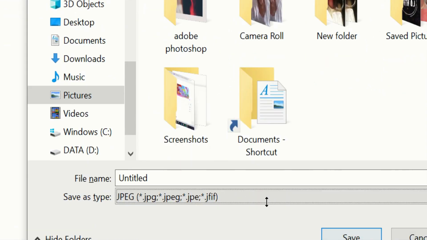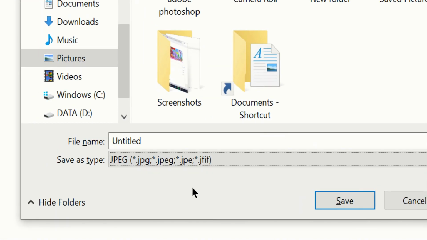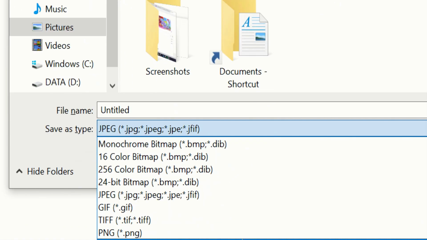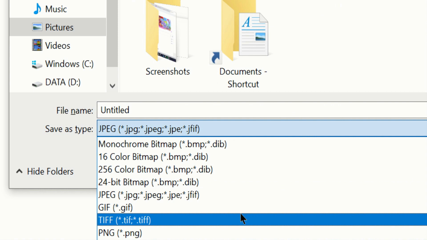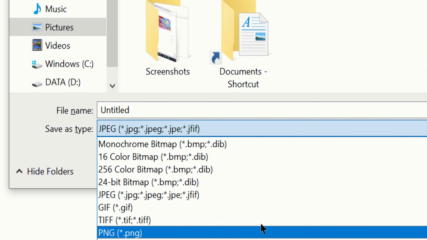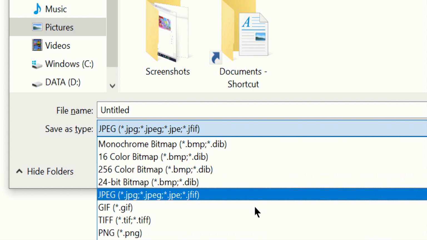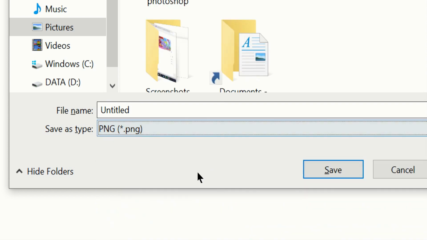You can select file format from this box also, the Save As Type box. Click there in the Save As Type and below from the drop down menu you can select BMP, JPEG, GIF or PNG. Any one file format you can select and type the file name in the file name box.